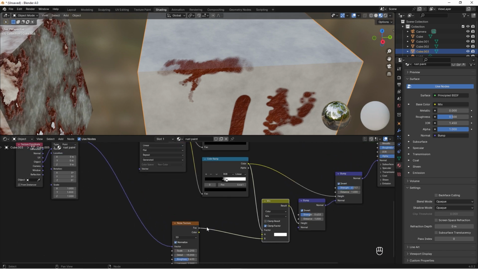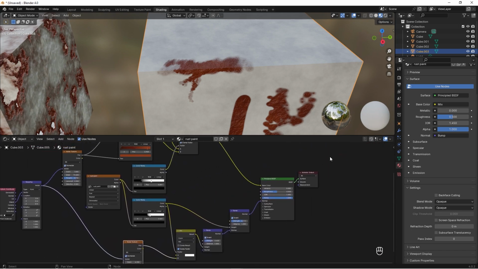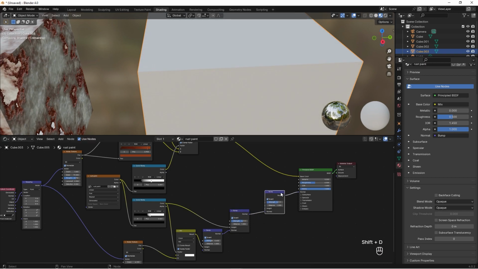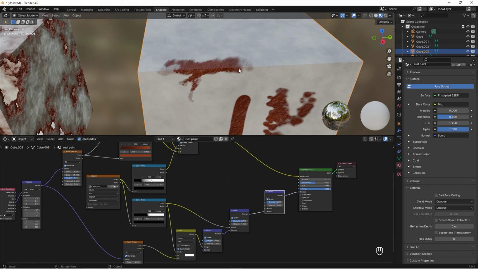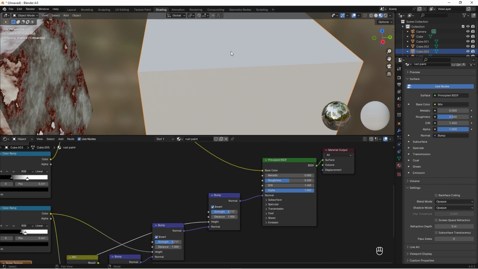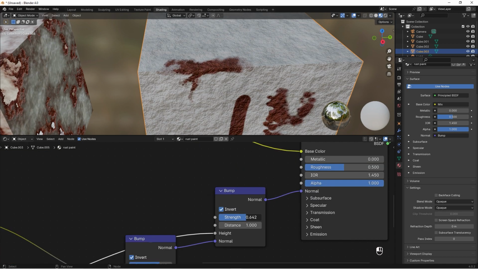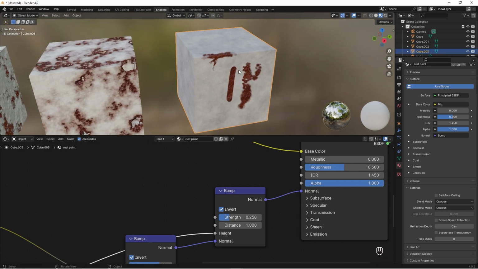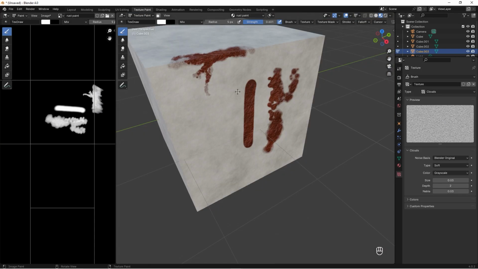And the last thing I want to do is that we can take these two, drag them over here and make another bump map, Shift D and drag it over here. And I want a bump map for the whole area, so we can actually take this noise texture again and drag this factor into the height, and this bump map will affect everything, so let's just keep it really low, something like that. So if we now try this out, if we go to the texture paint again,